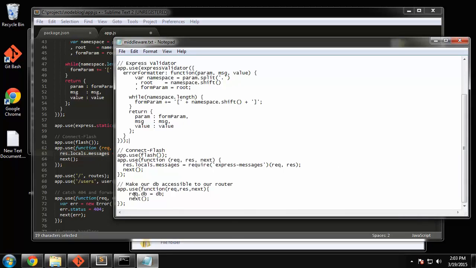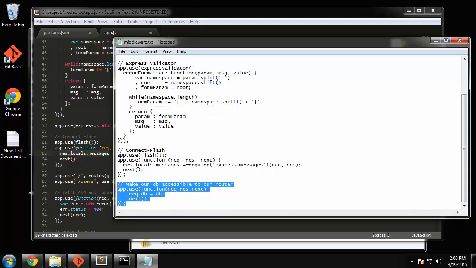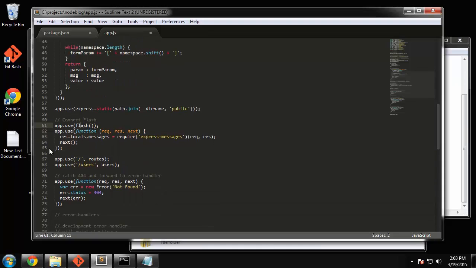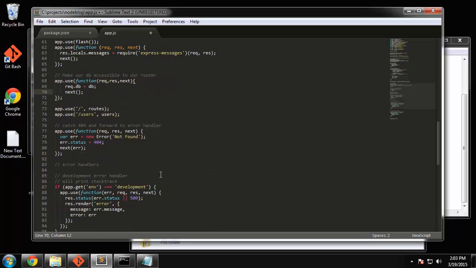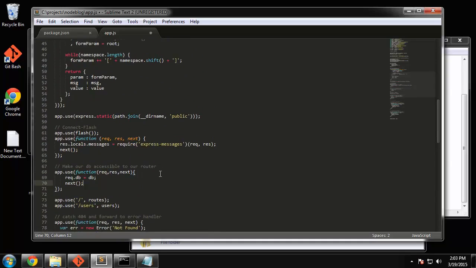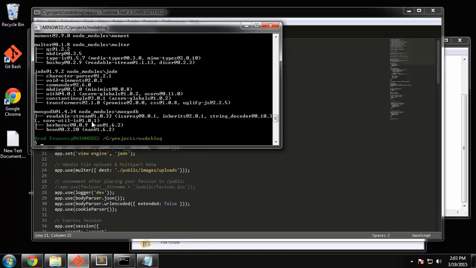Alright, and then the last thing is going to be this DB function. And this is basically making it so that we can access our database in any route. And I'll put that right here. Okay, so that is basically it for the app.js. I mean, we might have to add a few other things down the road, but this is good for now. So save that. And let's just make sure that we can run the application. So we'll say npm start,